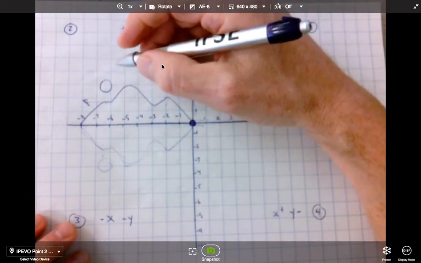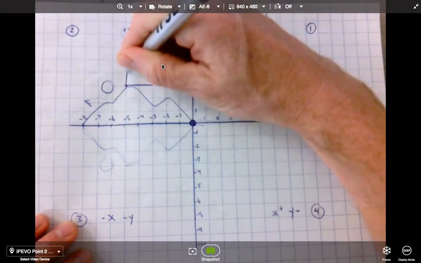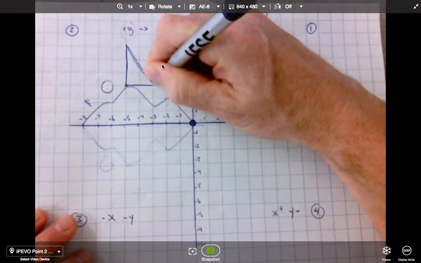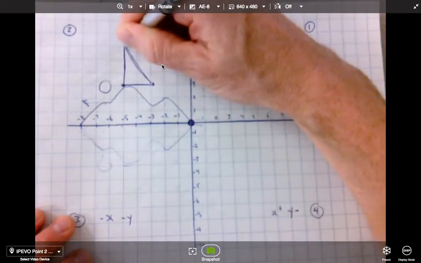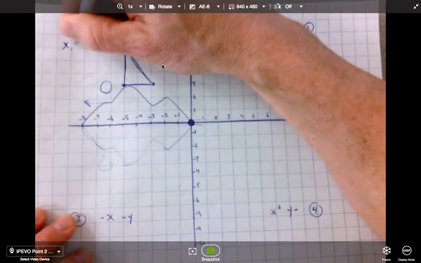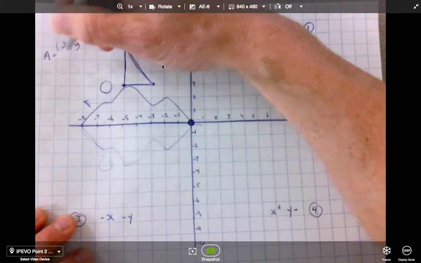Okay, anyway, let's draw this shape. We're going to draw this simple shape. And I'll share with you the coordinates if you need to know the coordinates. Our coordinates are, don't forget, x is always first and then y is always second. We're going to do A is going to be